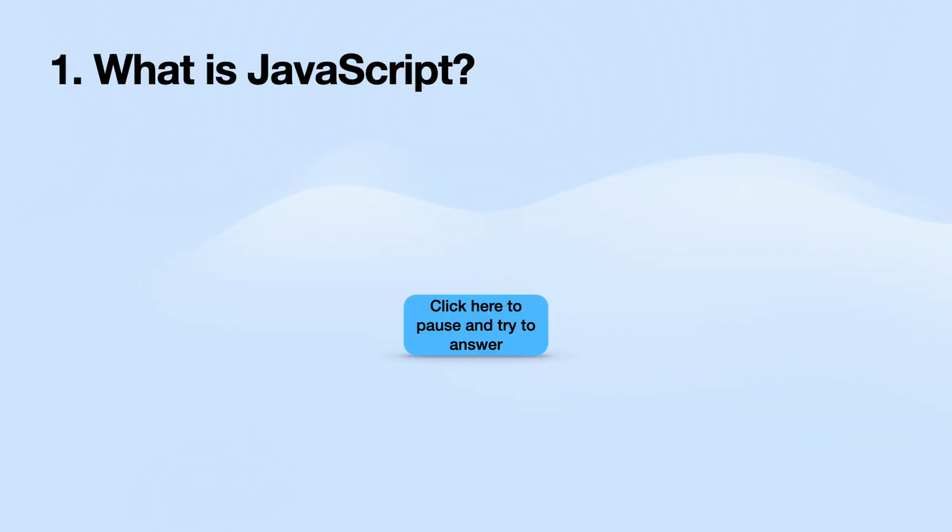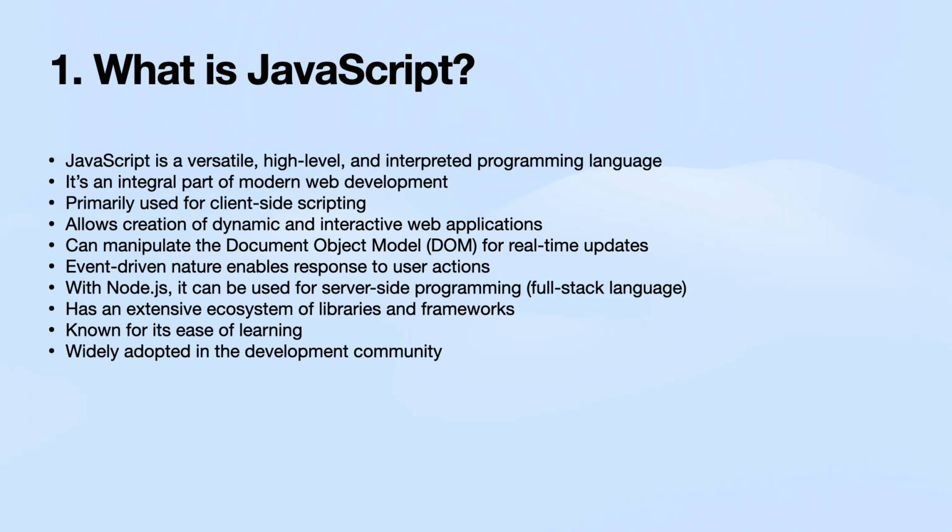Here's the first question. What is JavaScript? JavaScript is a versatile, high-level, and interpreted programming language that has become an integral part of modern web development. Primarily utilized for client-side scripting, JavaScript empowers developers to create dynamic and interactive web applications. Its ability to manipulate the document object model, DOM, allows for real-time updates to web page content without requiring a